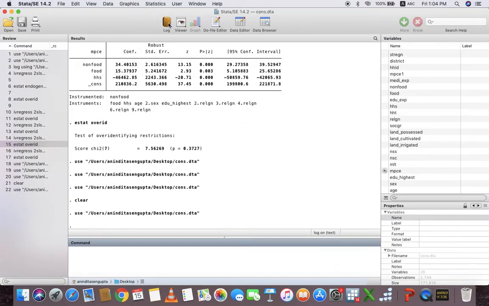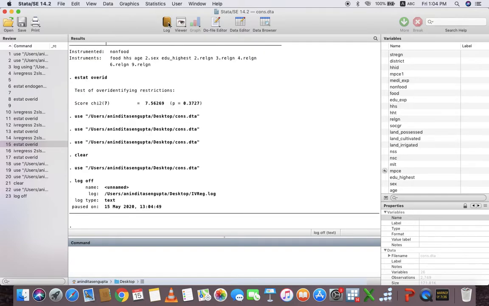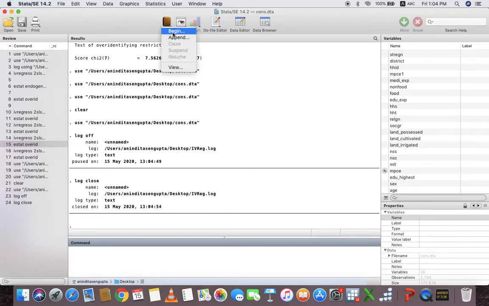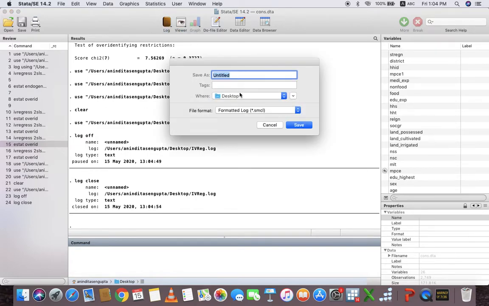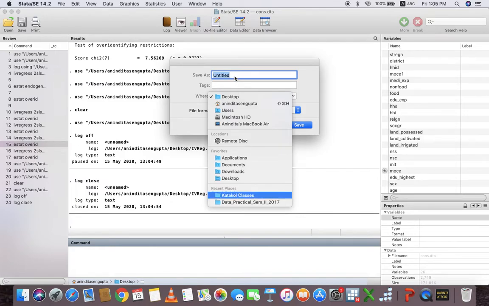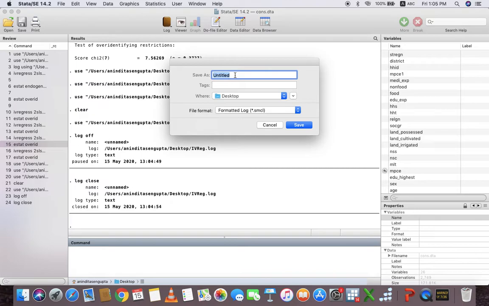First of all, we have to begin one log file and give it the name IV regress, and the format is .log.